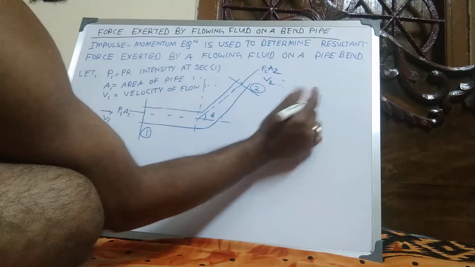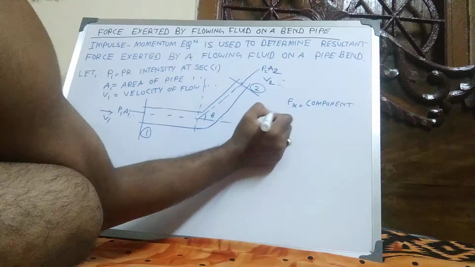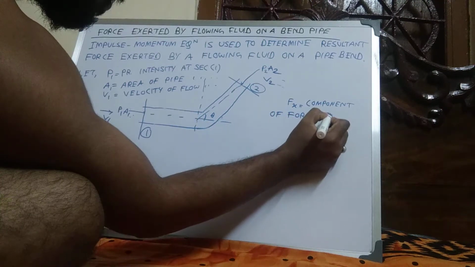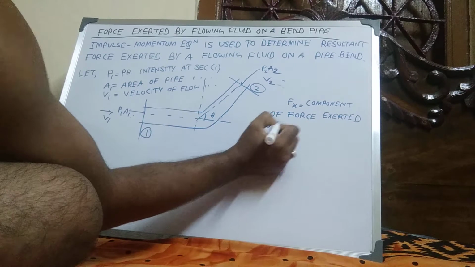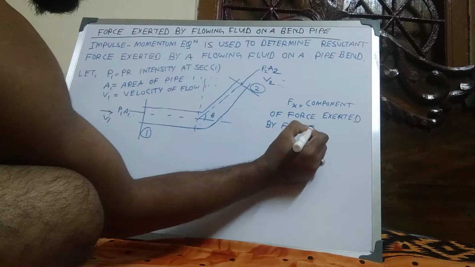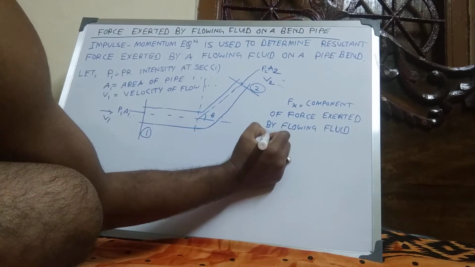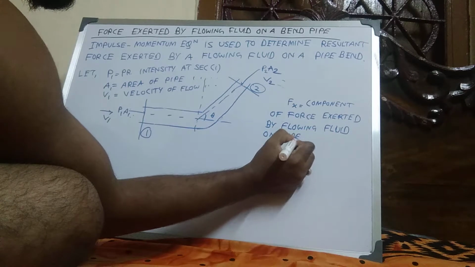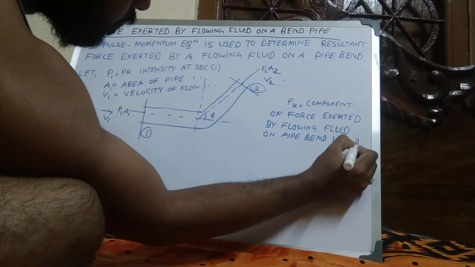Fx equal to component of force exerted by flowing fluid on pipe bend in x direction,